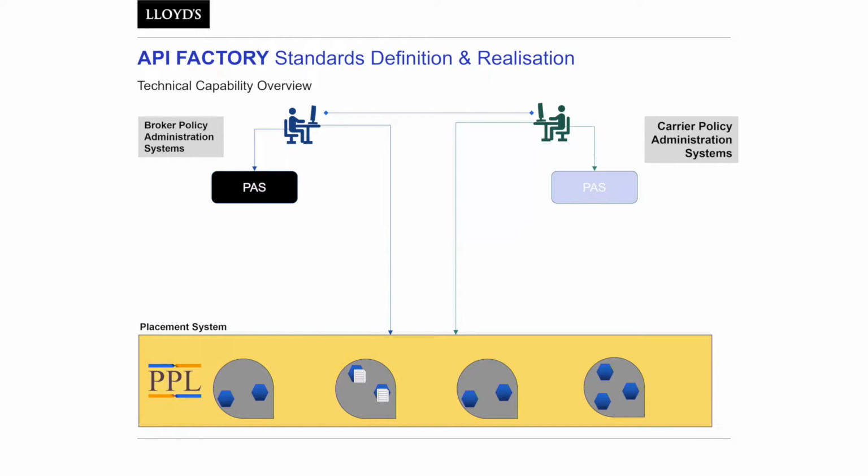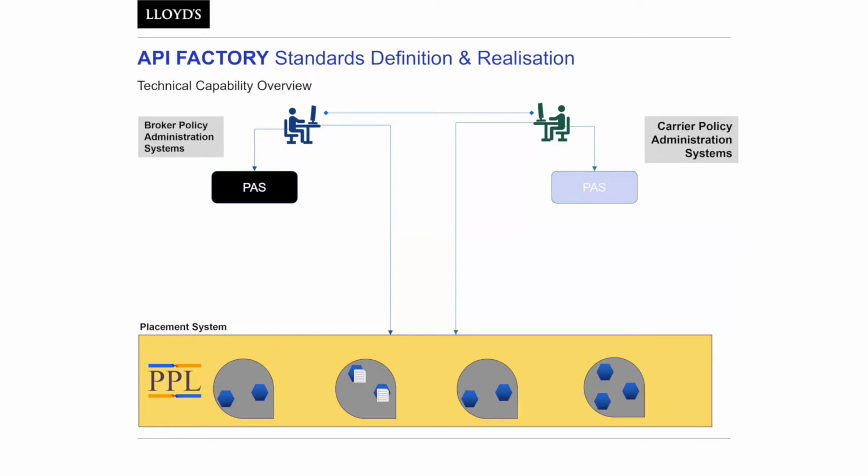This picture, as we're looking at it right now, shows PPL at the bottom, and it shows a broker on the left and a carrier on the right. They communicate using whatever means they want to, even face-to-face. They then type things into whatever policy administration system their organization provides to them. And then they take the Word documents they've output from those systems and upload them into the placement system via its user interface, and enter a whole series of technical structured data through the UI